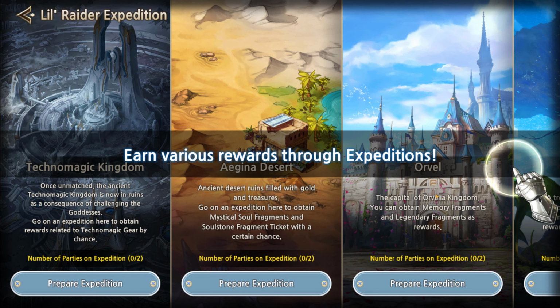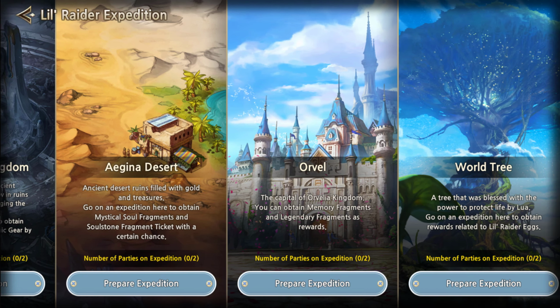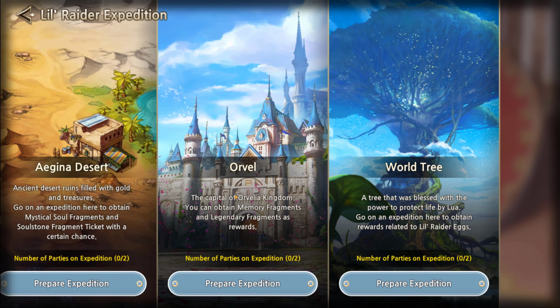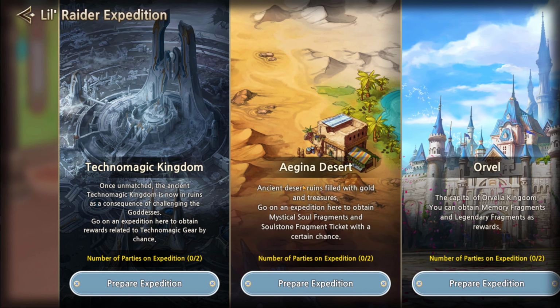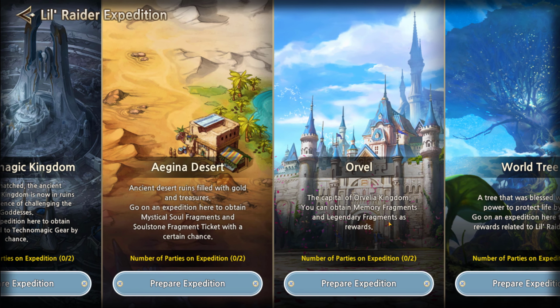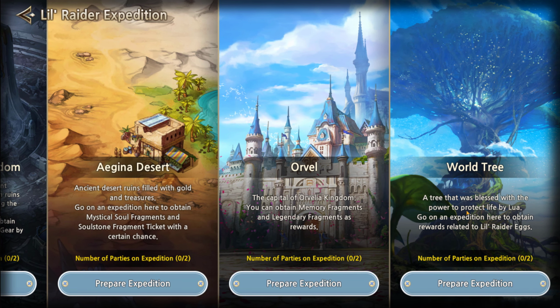Okay, let's just skip through the tutorial part. There are 4 different expeditions, and for each of them you can send 2 Lil Raiders to get stuff, and on the website we can check exactly what you can receive. This one is related to TM gear. These will give you soul stones and soul fragments and stuff. This will give you memory fragments and legendary fragments, so random unique weapons and unique treasures, and this will have a chance to give you